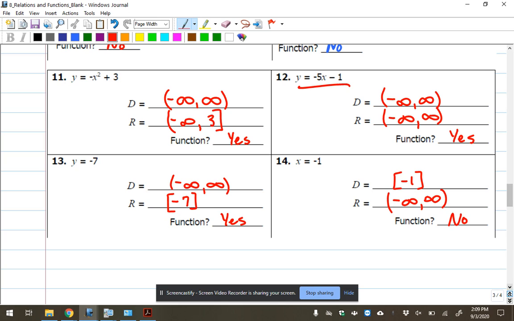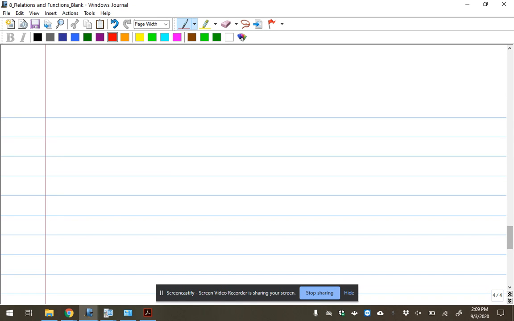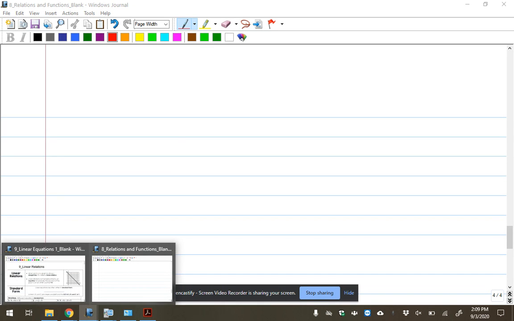But I think some of you may be seeing the beauty of the graphing calculator and how nice it is sometimes for this stuff. Okay? All right. Let's get into